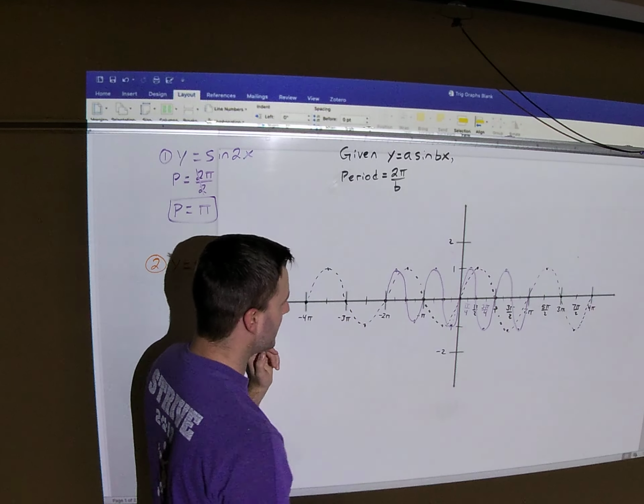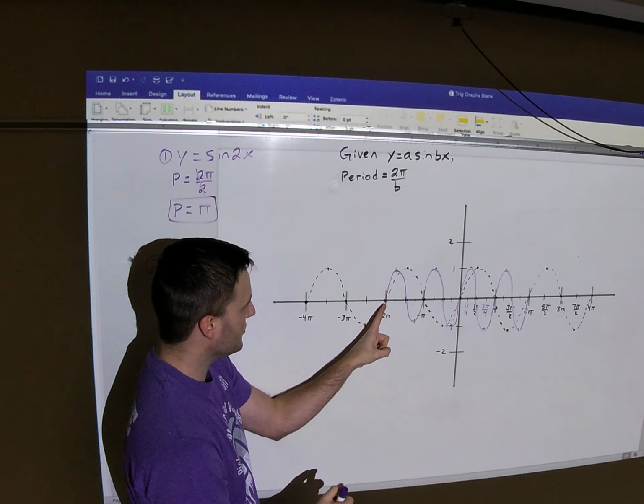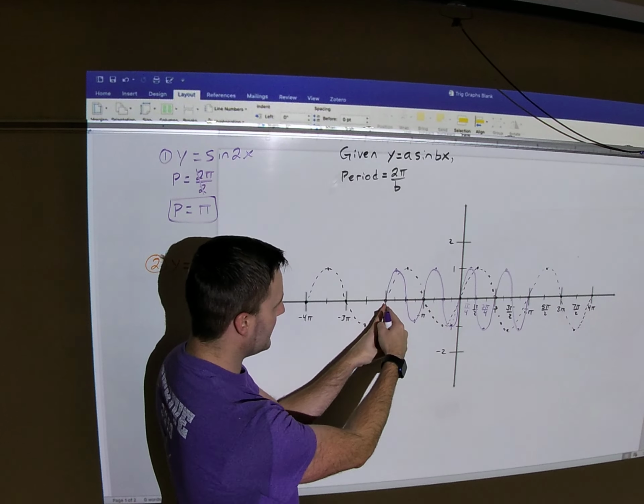And it would keep going. So where a traditional period in black of my parent function would be this length, a period now of 1 pi is only this length, so half the distance. So it's going to complete a period twice as fast. So this is going to complete a period twice as fast as my parent function. So if that wasn't confusing,